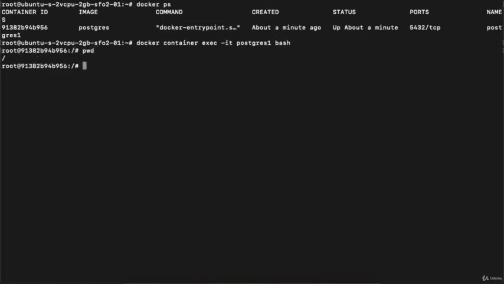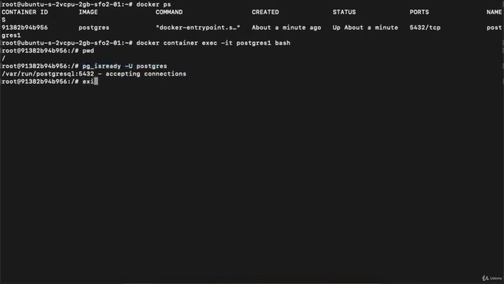pwd. So right now I'm inside my Postgres container. See, the root has changed to the Postgres container location. Over here, if I execute pg_isready -U, then I define the default username, which is postgres, it should return some output. And see, it is returning: running PostgreSQL 5432 accepting connections. It means if your DB is healthy and ready, then it will accept connections. This is the command which will tell me whether my DB is in a healthy state or not, because by this command we can identify whether my DB is accepting connections or not.